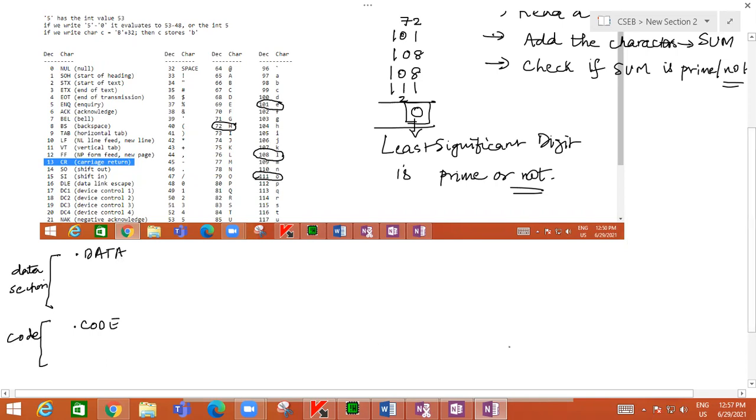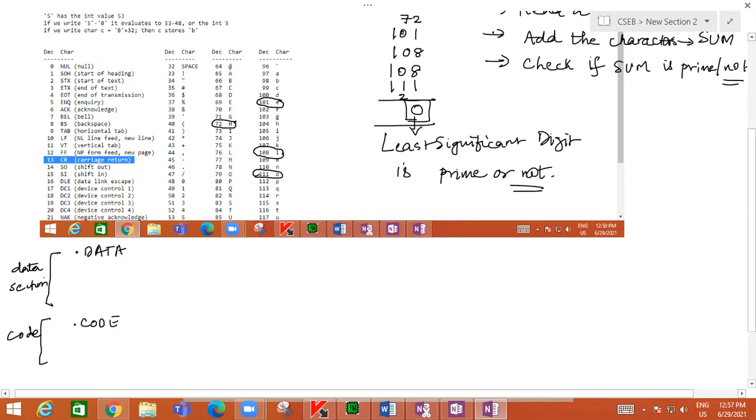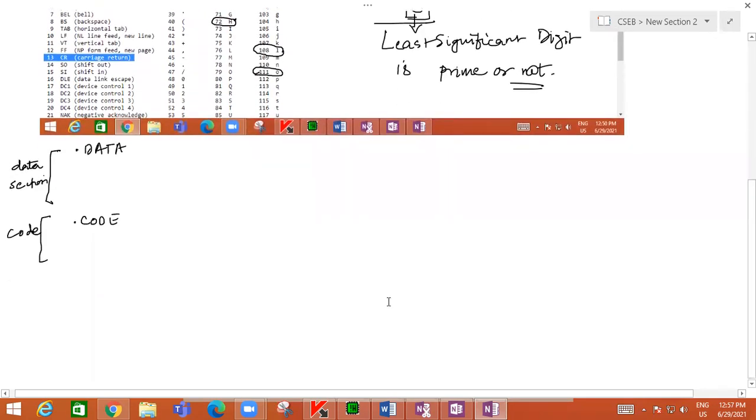So what we'll do is, in the data section, we have two values. Let us say a number is there. That number's name is sum, it is of byte data type, and it is holding some value.